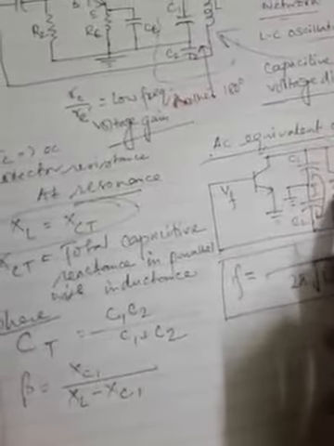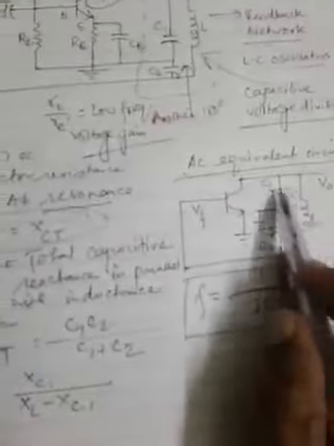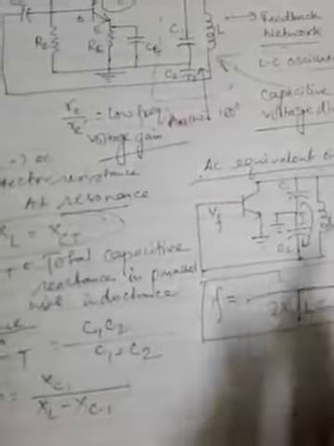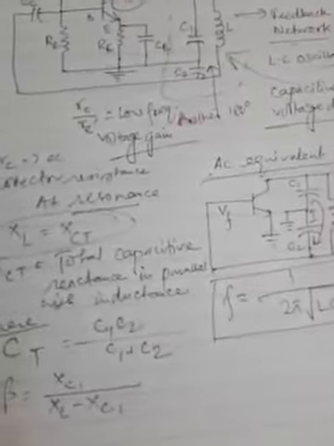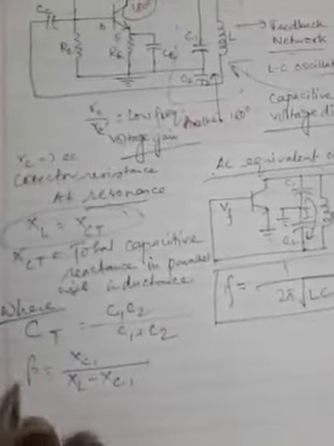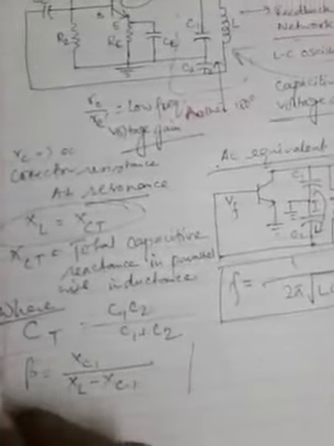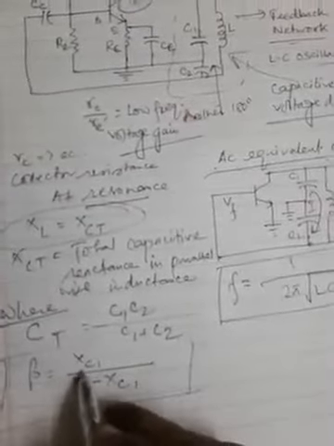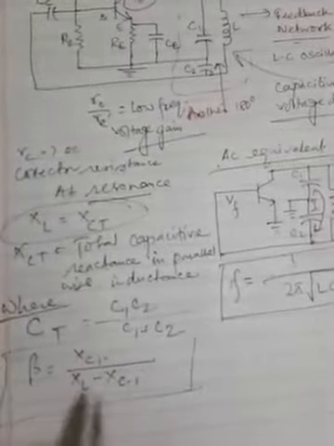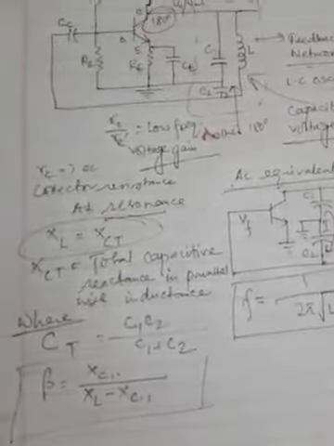So if we consider a circuit that is made up of L and C1, then across C1, comprising this L and C, the output voltage is tapped, and therefore on that particular value beta will depend. So the beta will have the formula: it is equal to the ratio of reactances of C1 divided by the equivalent reactance of XL and XC1.